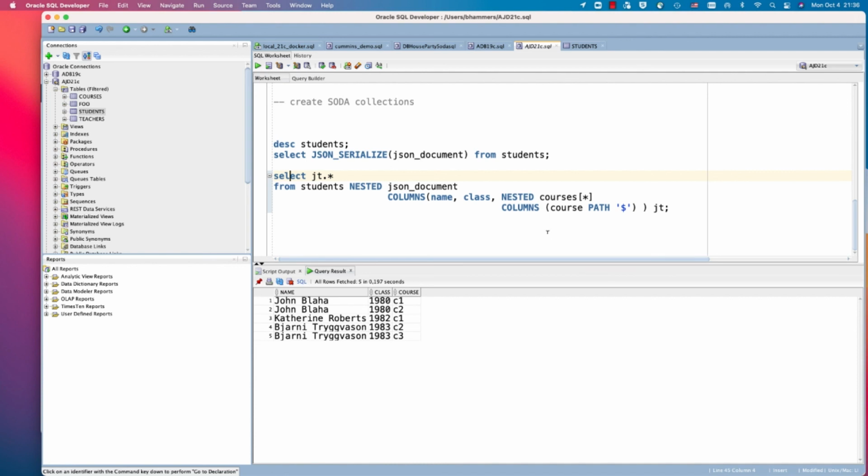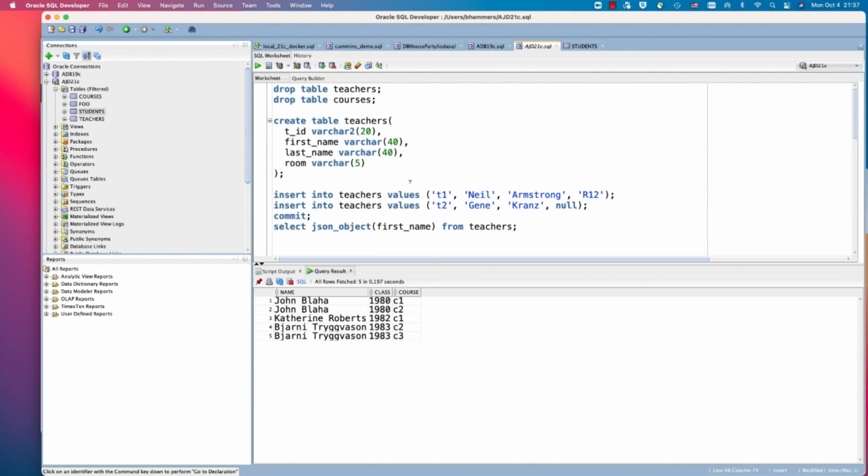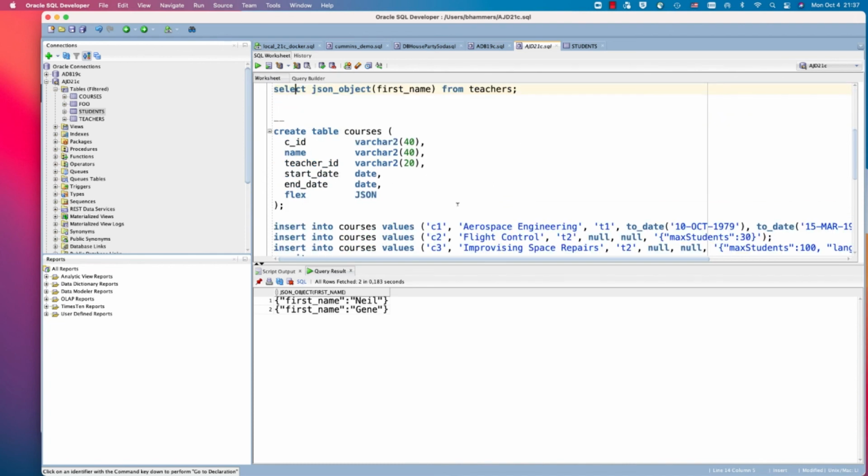Now it's a very short talk. Normally I take twice the time, so it's basically just looking very briefly into every different component. So what we did here is we projected out some columns from our JSON data and made it look like a table. And here we were able to take relational data and convert it to JSON. And this is this hybrid use case, this flex field use case. Good.